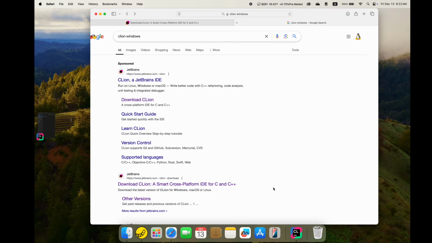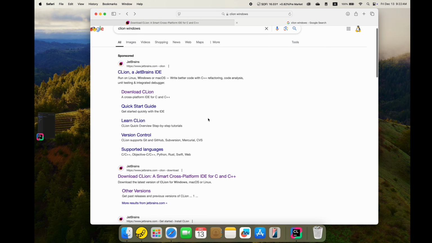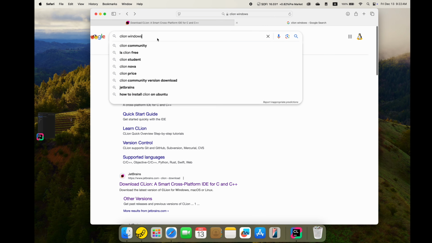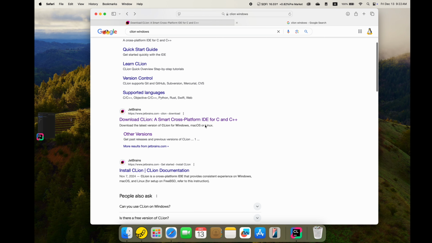In today's lecture, I'm going to talk about the selection statements in C. The software I'm using is called CLion. It's one of the JetBrains software. If we look up CLion for Windows or for Mac, we can just go to the download here,